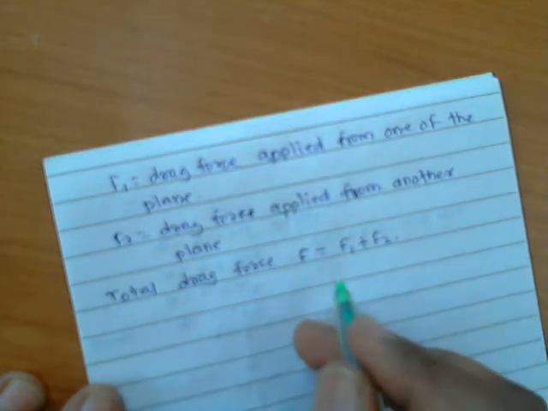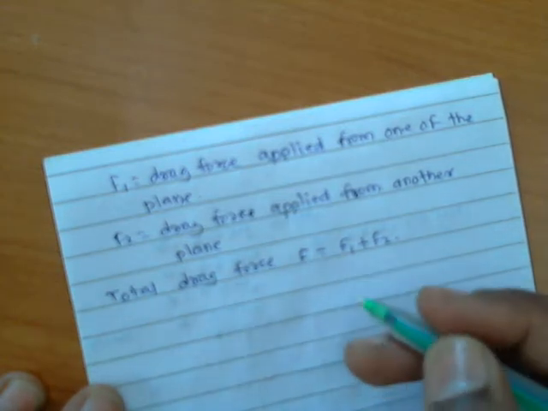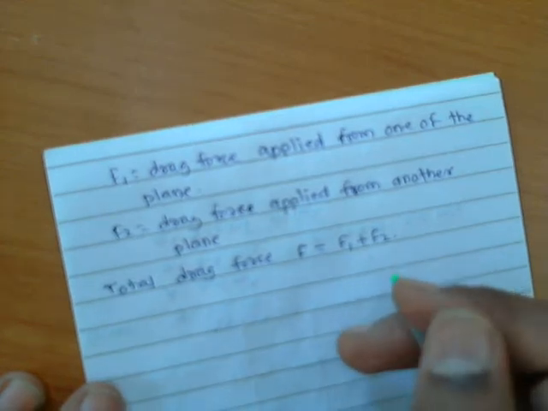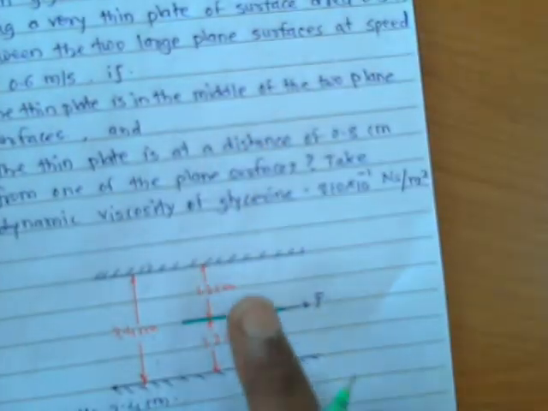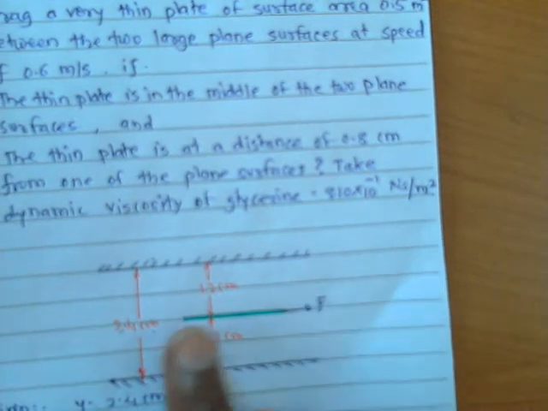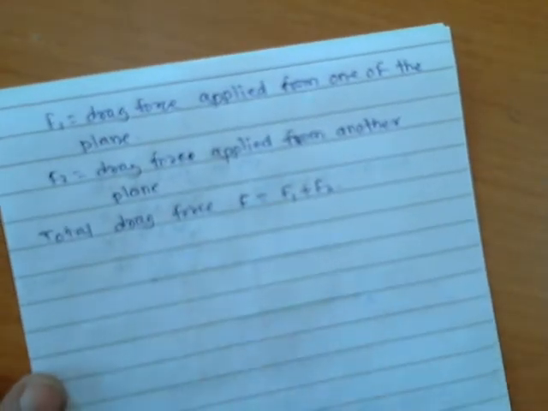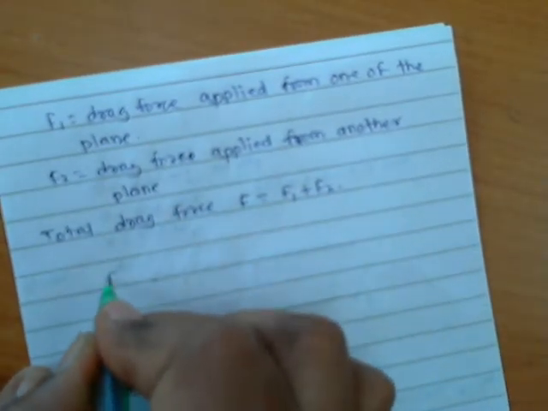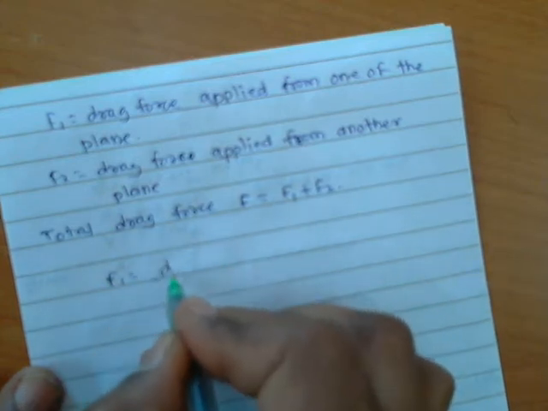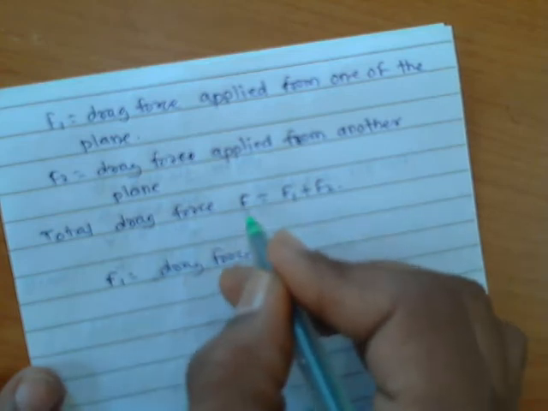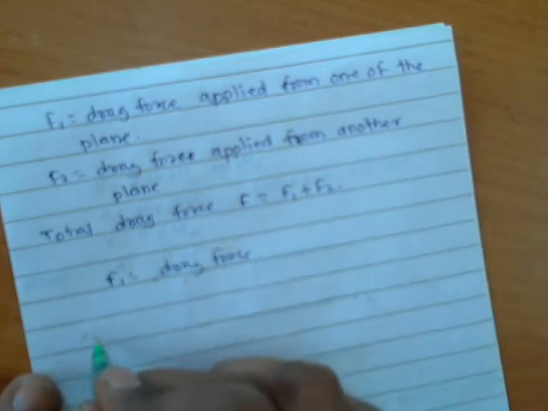But here, for the first condition, the distance between these planes is the same, because the plate is available at the middle of the gap. So that's why the force applied from both sides will be similar. So we will only find out the force F1 as a drag force, and we will multiply it by two to get the total drag force. Okay, so for that